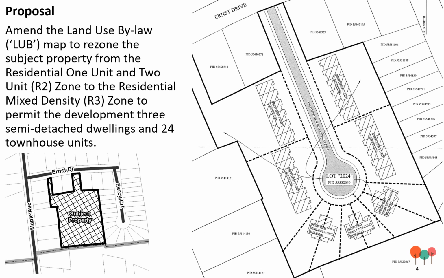The municipality's land use bylaw breaks down dwelling types into different land uses, which is why we are distinguishing between semi-detached dwellings versus townhouses. But in total, there are 30 residential units proposed across the two forms on the site. So the residential mixed density zone, which is proposed, does not allow for a greater density of units on the land. It simply provides for a greater flexibility in terms of built form options.